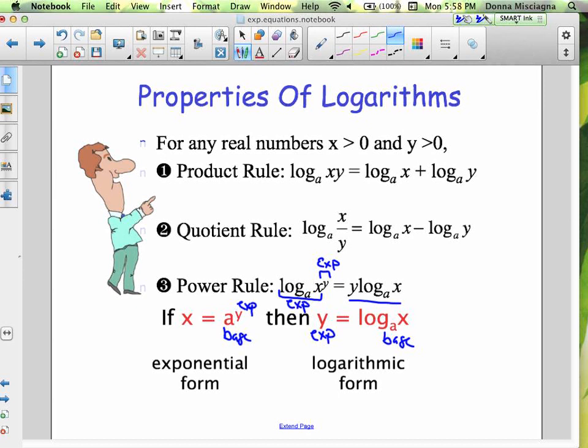And then you raise something to a power, you get a result. You take a log of that result, and you get the exponent. So we'll be using exponential form, rewriting into exponential form, to be able to solve log equations. But in the first series of lessons, we're going to be solving logarithmic equations where we have